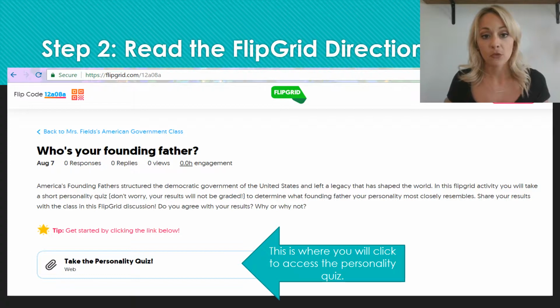Step 2, read the Flipgrid directions. In this Getting Started activity, I want to know more about you. So we're going to do a personality test. Who's your founding father? America's founding fathers structured the democratic government of the United States and left a legacy that